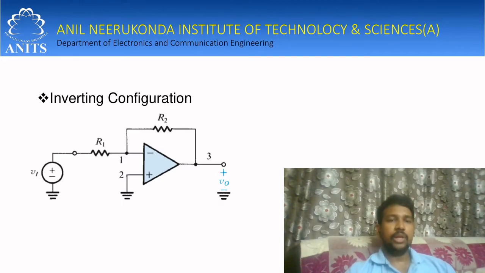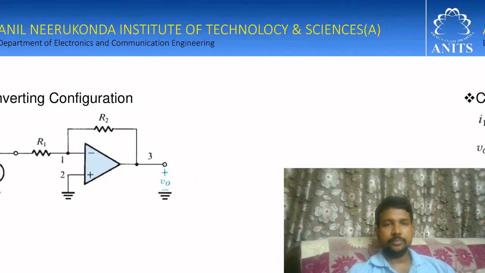Here is the circuit where the operational amplifier is connected in the inverting mode configuration. You could see two resistors. One is R2 connected between the output back to the inverting terminal of the op amp. Another is R1 connected to the inverting terminal of the op amp and through which the input Vi is being applied. And you are taking the output from node 3 with respect to ground. So this is the most popular inverting mode configuration of operational amplifier.